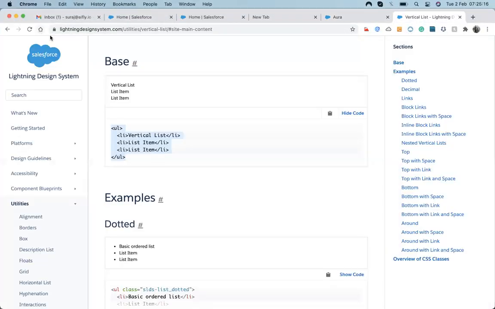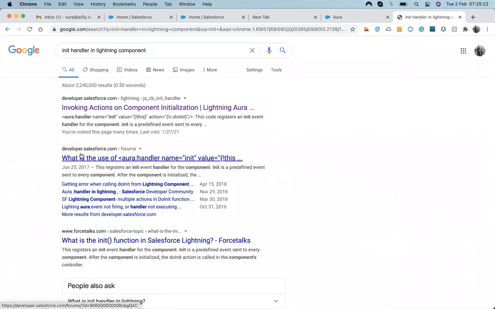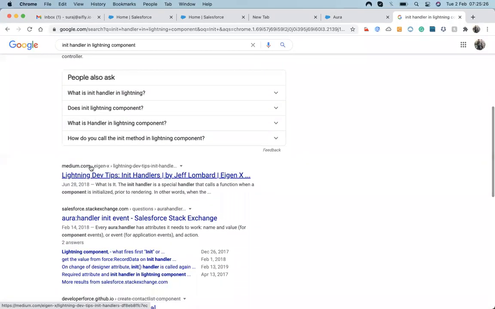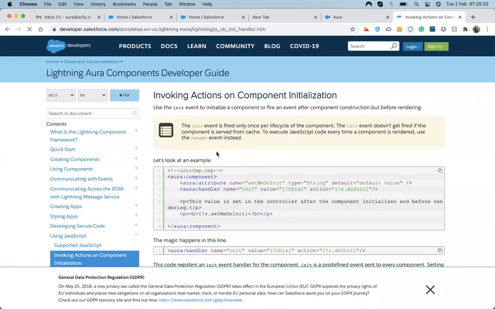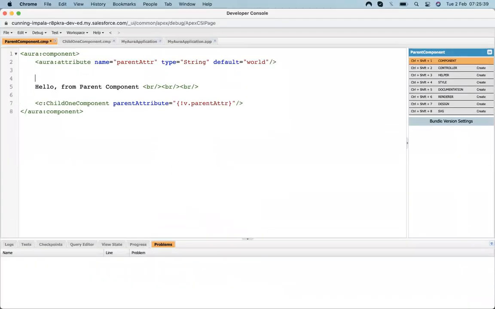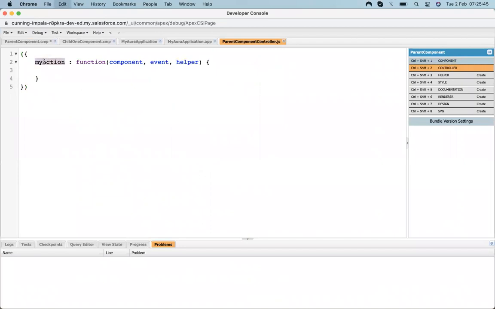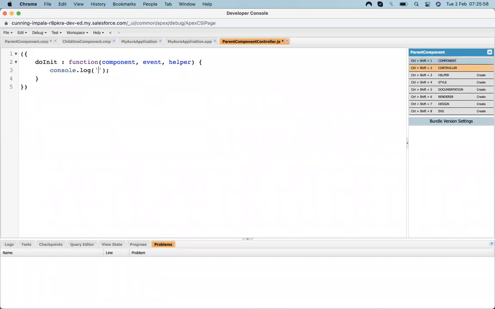For that, just like you know that we have an init handler in a lightning component, let's invoke an action so that whenever the component is loaded, this will fire. Let's set the value.